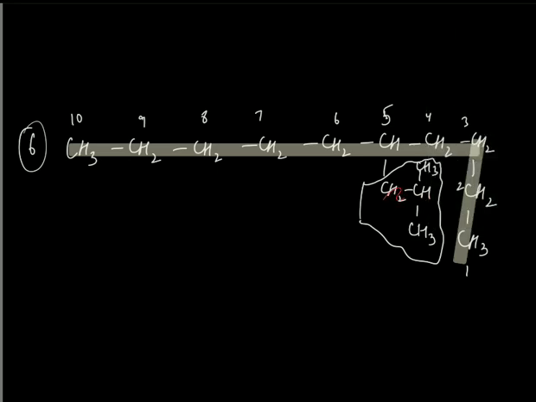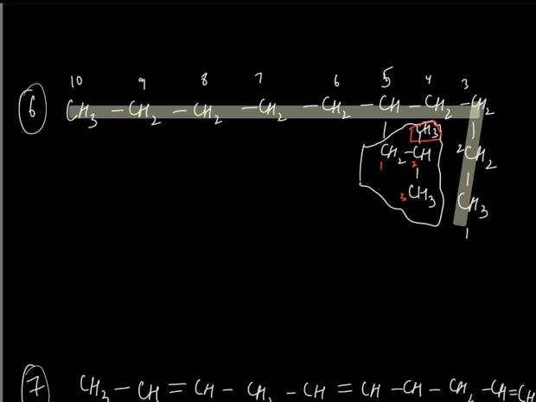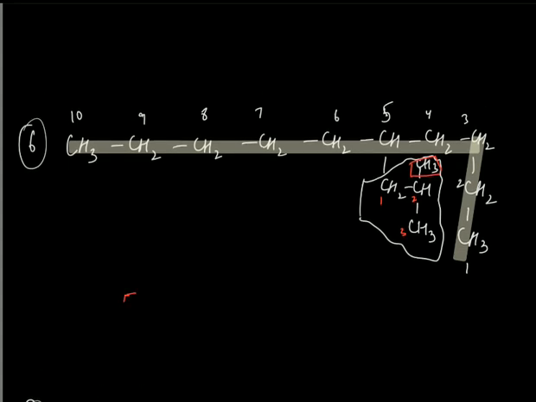So at 5th, you have a branch inside a branch. I'll number the first carbon directly bonded to the main chain as 1. Then you go continuously. So this will be 2, and you number this as 3. Your wish if you want to go up over there, or you can go at the bottom 3. Now this is an alkyl group which is not numbered. So it's a branch inside a branch. Right, so how to do that? Now we don't have any other alkyl group, we just have this complex branch attached to the 5th carbon of the main parent chain.